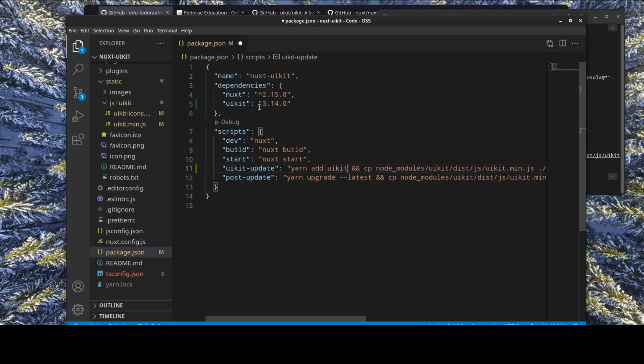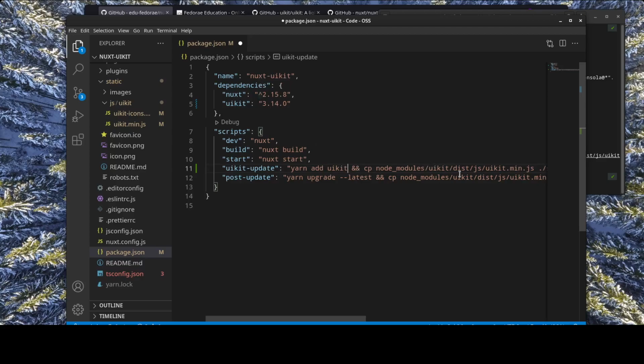That's basically allowing us to use versions. I think it allows us, and you can correct me if I'm wrong. I'm not 100% sure, or you can leave a comment to let me know. It should basically allow you to use any version from 3 going upwards, I believe. So it's not this one. I believe the limits here have you stuck at 3.14.0, and we don't necessarily want that. So when we do a yarn add UIkit, it will add the hat thingy here,